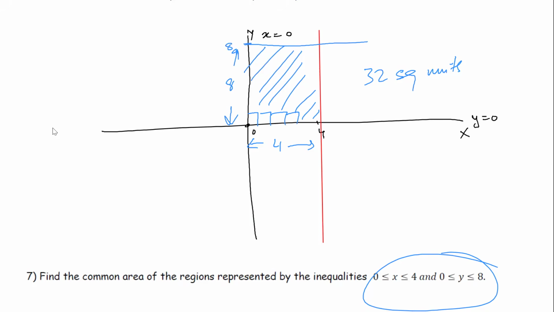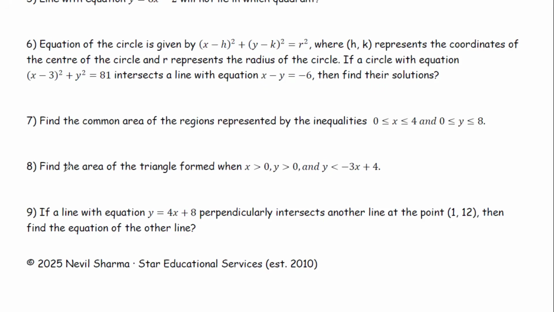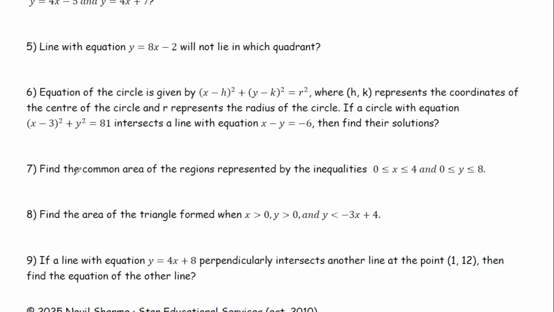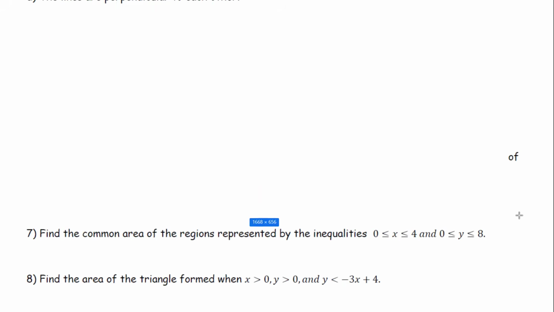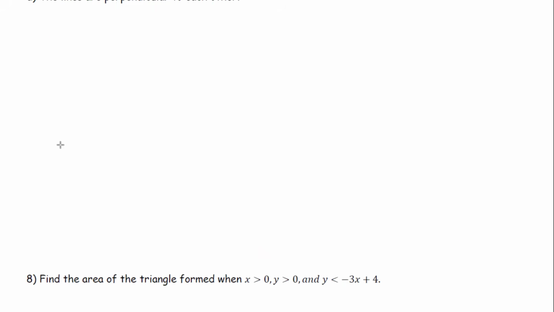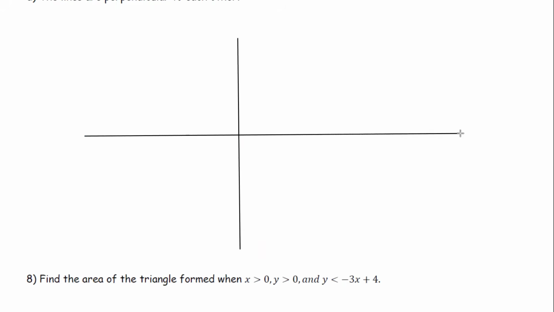Question 8. Similarly, find the area of the triangle formed when x is greater than 0, y is greater than 0, and y is less than minus 3x plus 4. So again, draw the x and y axis. Okay, now in red, I'm going to draw the